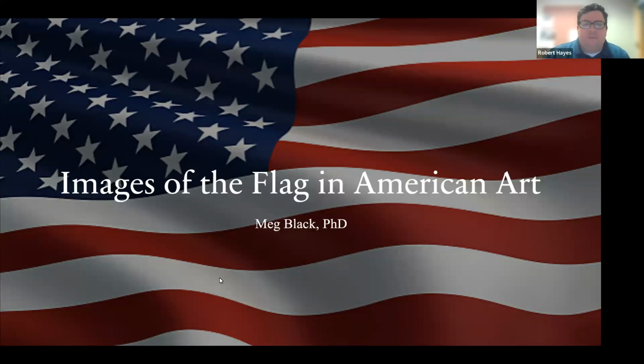Since our nation's founding, the American flag has been a poignant symbol used by artists in a variety of expressive media. For some, it has been a way of arousing national pride and speaking to the country's resistance in the face of adversity. For others, it has been a means for critiquing government policy during times of war, charges of colonialism, racism, sexism, and homophobia. So in celebration of Flag Day, during this lecture, we're going to examine how artists have critiqued, included, challenged, and celebrated the U.S. flag throughout the history of American art.